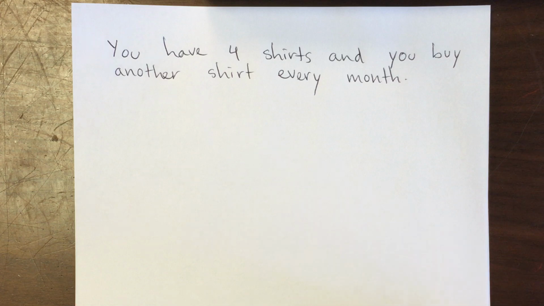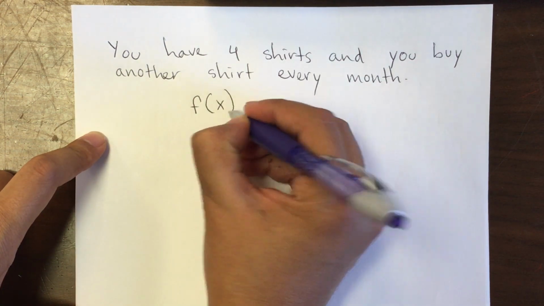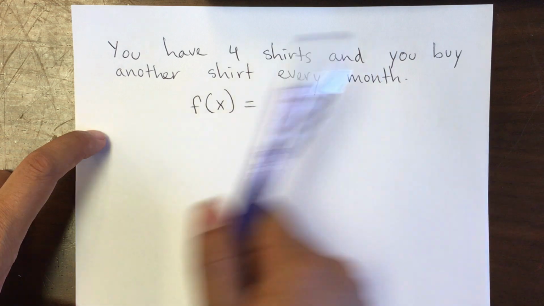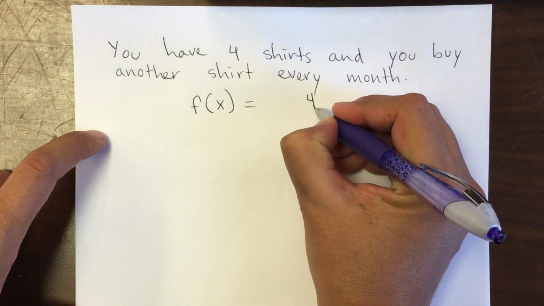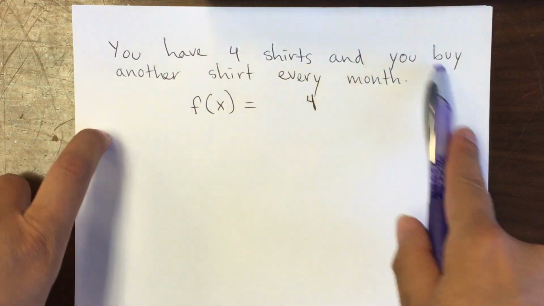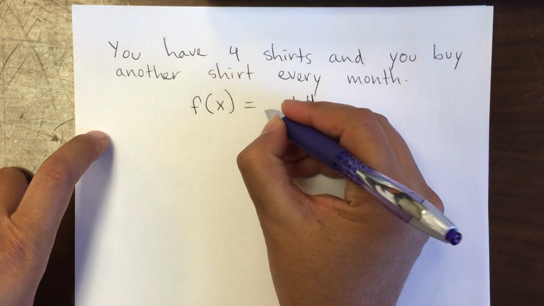So what would be the function? f of x will be equal to, you have 4 shirts, so that's what I have right now, my initial point, and you buy another shirt every month, so plus